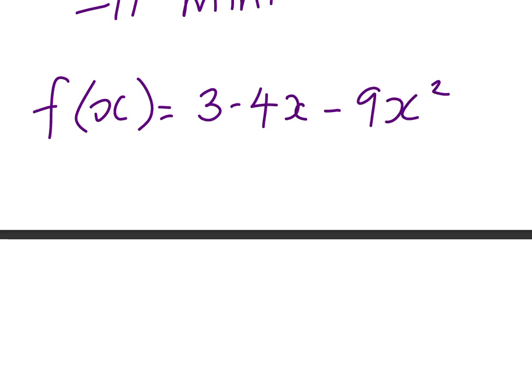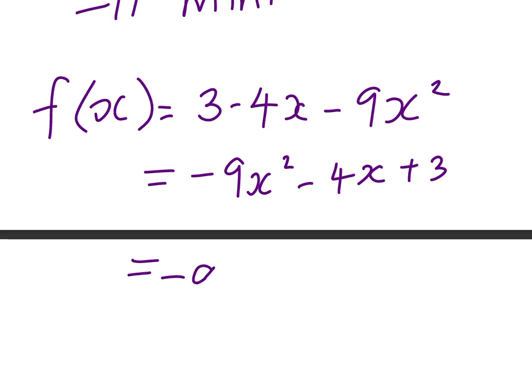So let's say now we have f of x is equal to 3 minus 4x minus 9x squared. For this one, we need to rearrange them so that we start with the x squared. So I'll start with negative 9x squared followed by negative 4x plus 3. Then from there, we factorize out the negative 9. Then put your square bracket. So divide the first two terms only by 9. So you're left with x squared